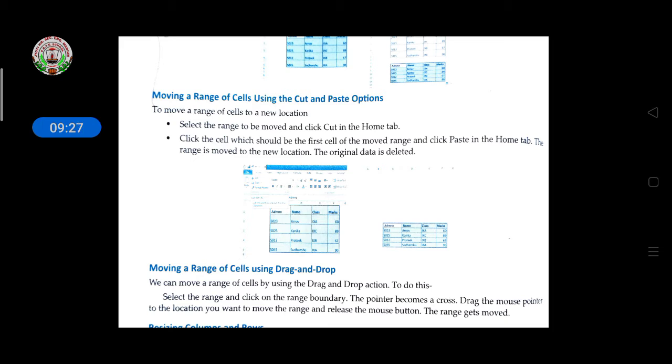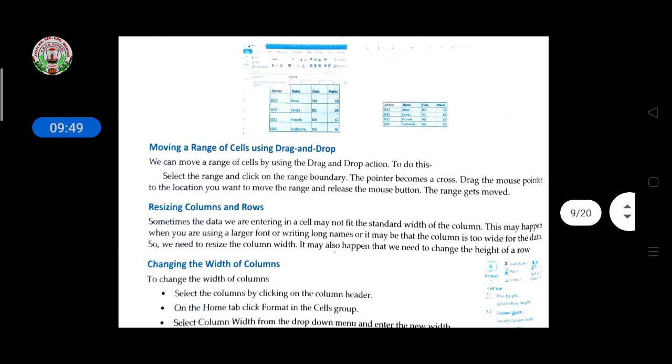If you don't want that, right-click and the cut option will be displayed there. Then click the cell which should be the first cell of the moved range. Then click Paste on the Home tab. The range is moved to the new location. The original data is deleted, which means it is moving from one place to another.